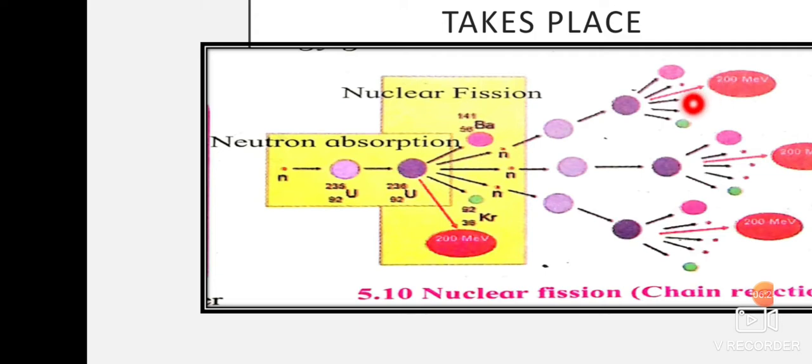We have to control the amount of neutrons. Every time the neutrons are given out, they will bombard another uranium atom, and at that stage it will give out a large amount of energy. So we need to control this reaction. What are we supposed to control here? To control the number of neutrons.